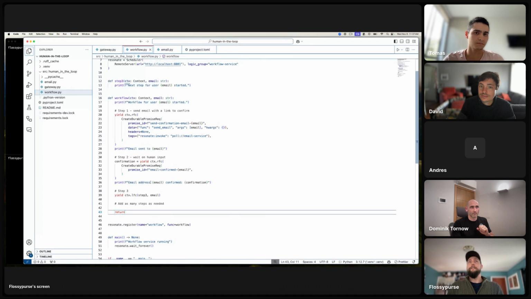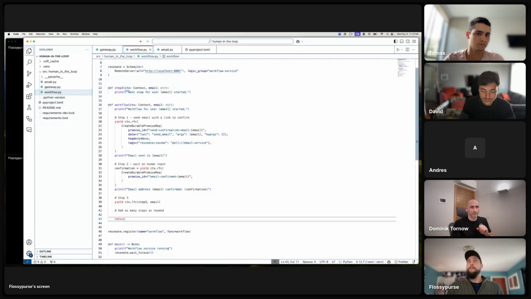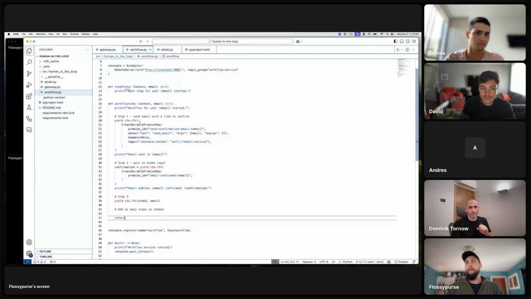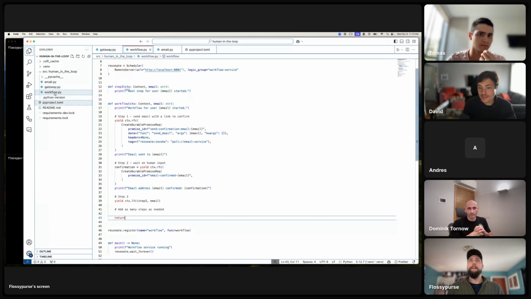And so what we're going to do here is spin this up as, I think a lot of folks will find this similar to, a worker in a traditional externally orchestrated situation, like using an external orchestrator. And we'll have two services, basically the workflow workers, if you will, running.